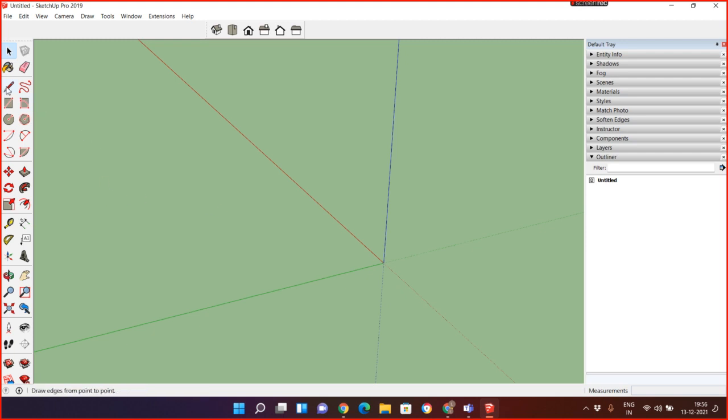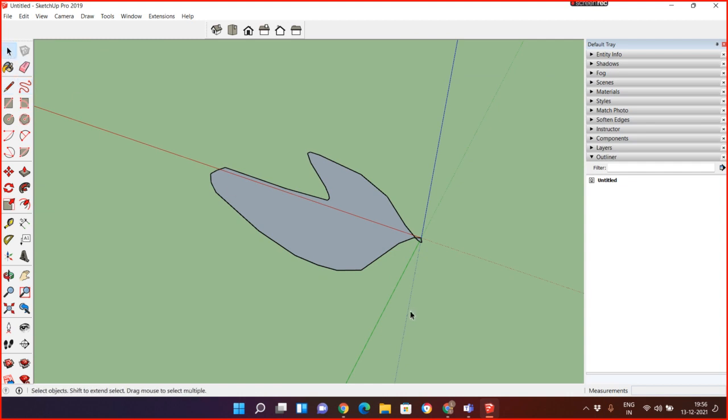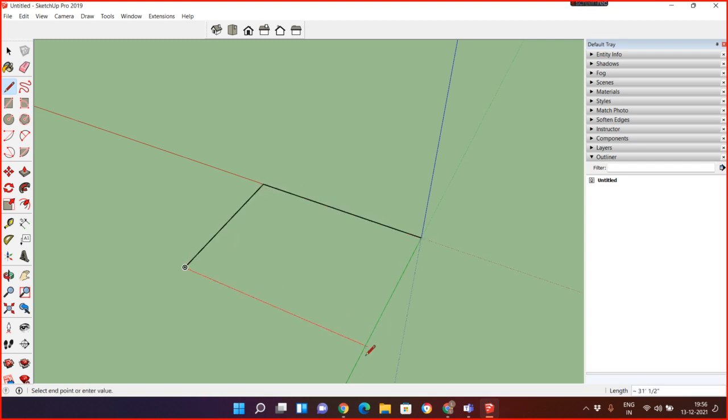Okay, now next part, the freehand tool, you can click, drag, and if I close it, the surface is created. Now click 1 2 3 4 and 5. Now I create a surface. Look at the surface.